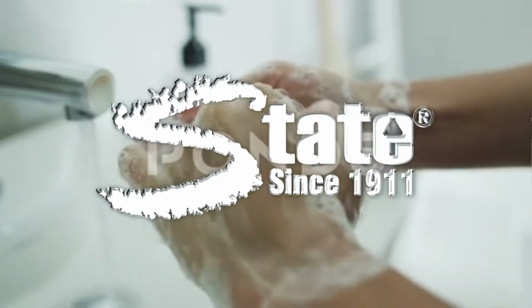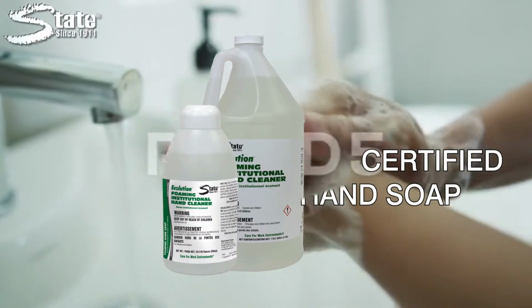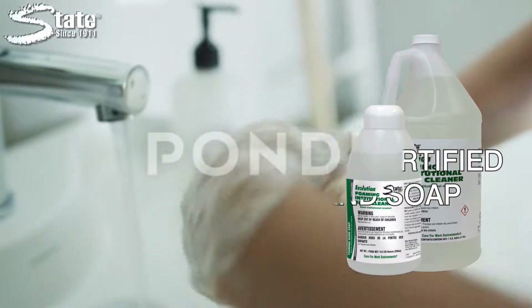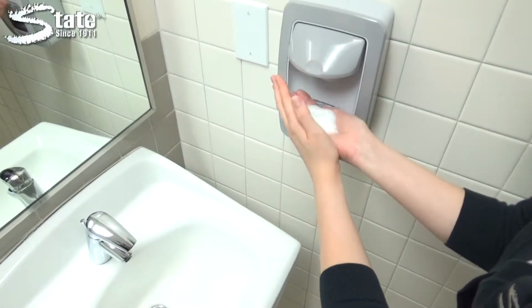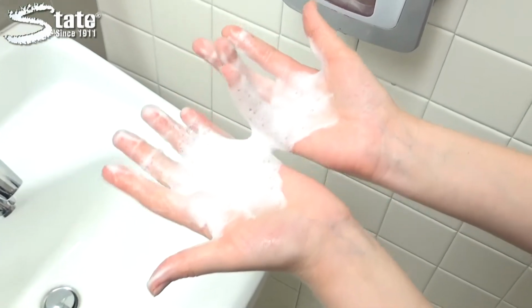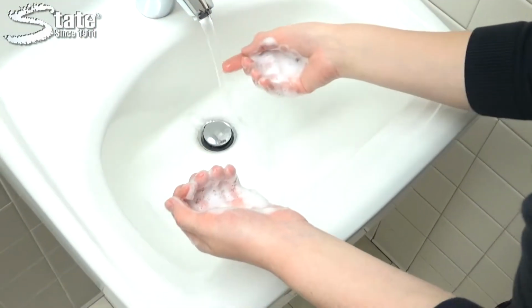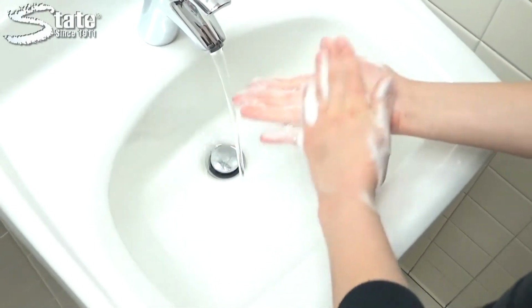Keep hands clean and conditioned with Ecolution Foaming Institutional Hand Cleaner, State's Green Seal certified hand soap that contains mild detergent and conditioners that transforms into a rich foam for effective cleaning. This unique liquid hand soap foams when pumped into a lather that provides excellent coverage for the best hygiene practices. Best of all, it leaves hands smelling fresh and feeling soft, unlike other institutional hand soaps that dry out skin